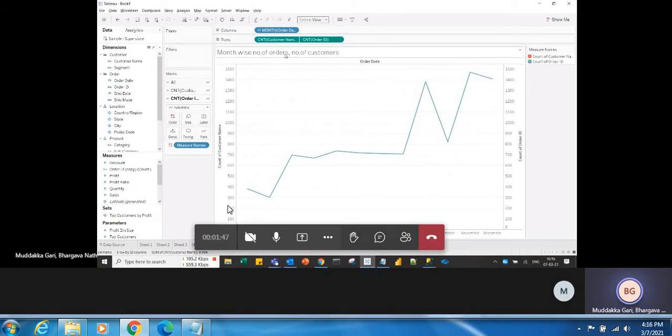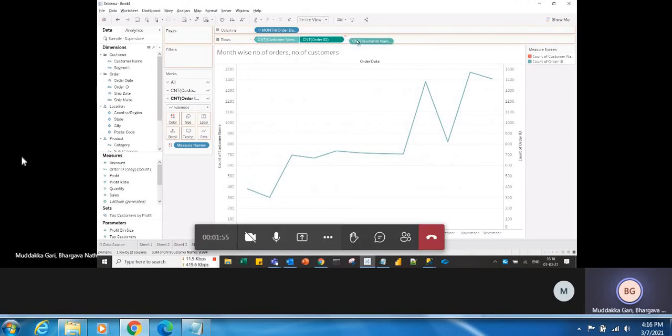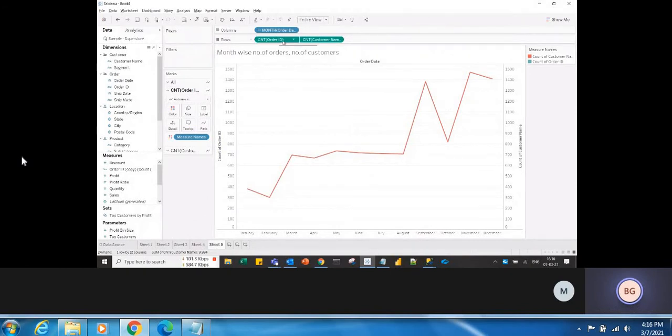Count of customers, correct. Count of orders, correct. So you can even swap these fields. Okay, the values it has taken are exactly the same, because the number of customers and number of orders will be the same here. That's the reason it has taken both. If you see the colors here, count of customers is showing in red color, and the count of order ID is showing in the other color, but it is exactly behind, so it is not showing. You can interchange these pills, like drag this from first to last. Whichever is behind will come to the front.